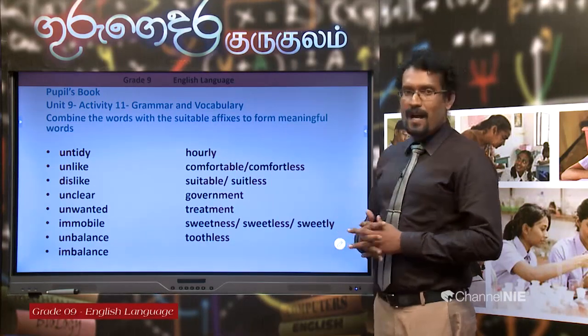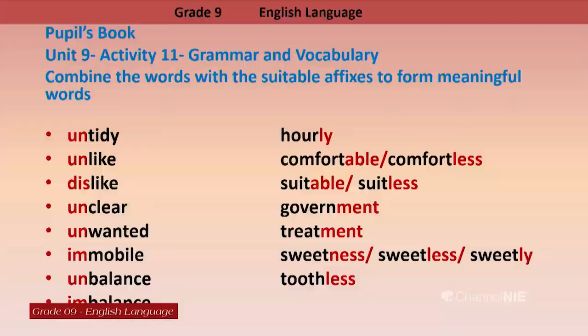Right. So, these are the answers: untidy, unlike, not like, dislike, you don't like something, dislike, unclear, not clear, unwanted, you don't want it, unwanted, immobile, that means you can't move, immobile, unbalanced, that means you are maybe emotionally unbalanced, right, unbalanced, and imbalance, when you put two things together there may be kind of an imbalance, right. Untidy, unlike, dislike, unclear, unwanted,